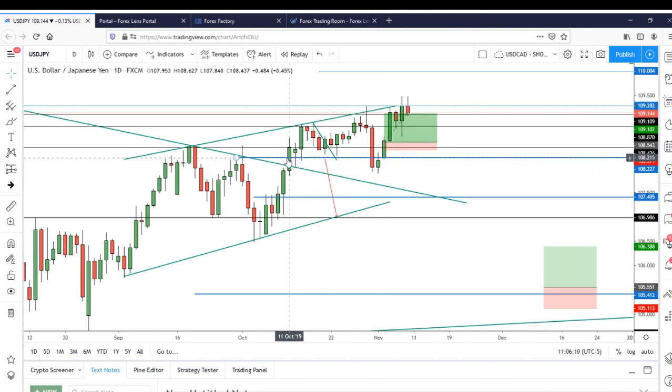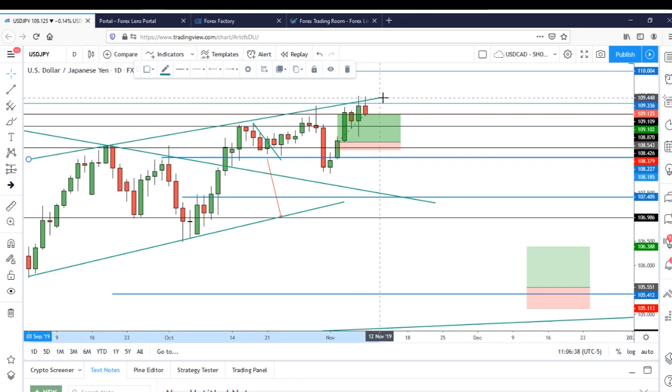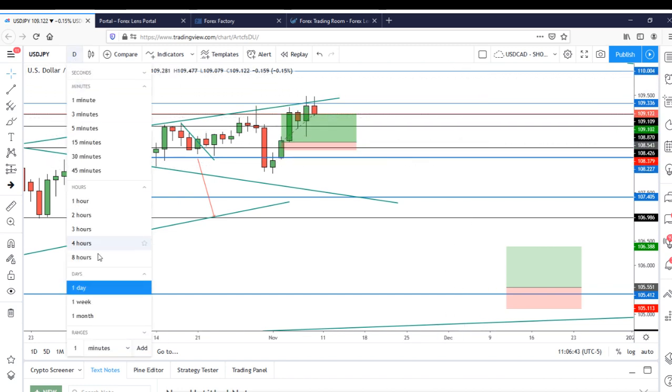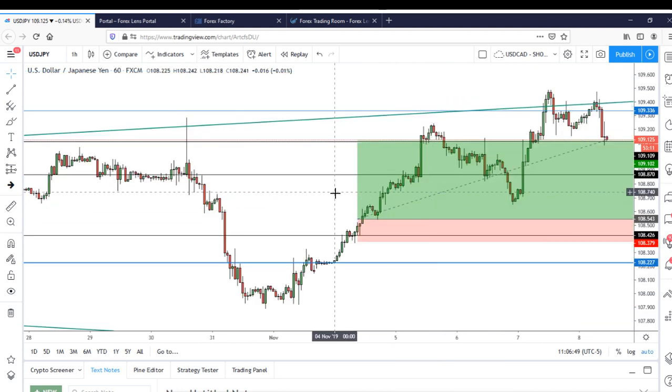and this level right here, depicted by this horizontal ray, 108.215, is kind of a support on the hourly time frame, and we pushed back above. We knew if we got that closure above, the next place we're going is the top of this trend line for the ascending channel. If I extend this channel over, you can see we actually did go to the top of that channel. So going back to the hourly, the entry was pretty nice,